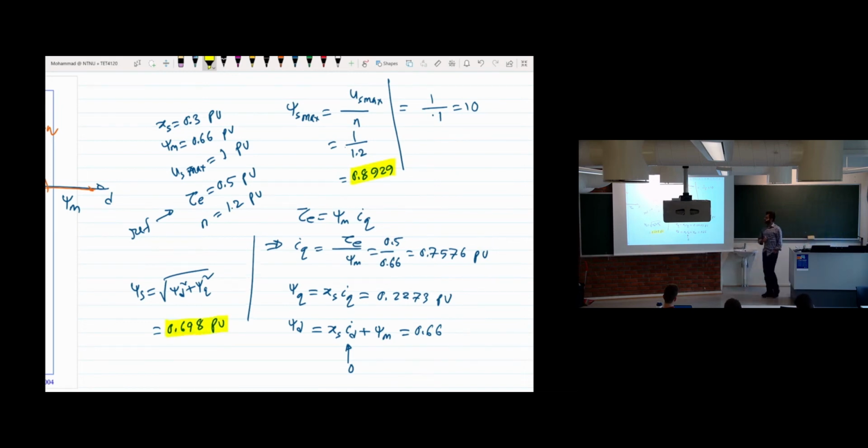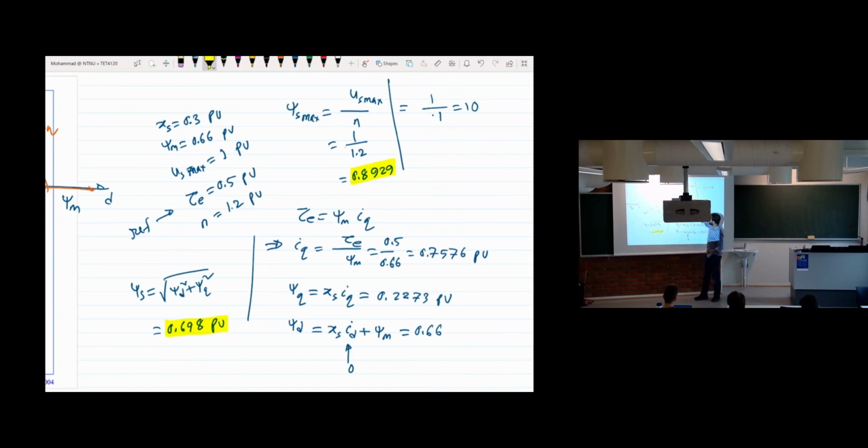So here, what I want to highlight is that to get this torque with that speed, we see that the maximum stator flux can be 0.8929. But after calculation, we see that we got the maximum flux, which is 0.698. This means this one is less than this. So the machine can operate without any problem, because we have a flux linkage which is less than